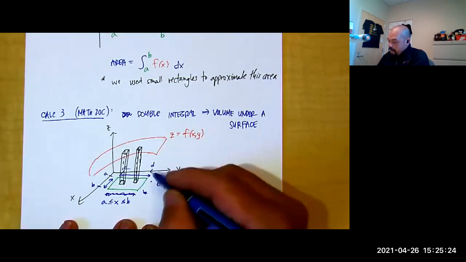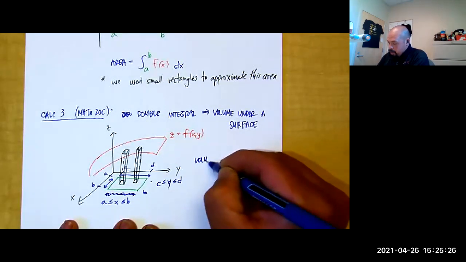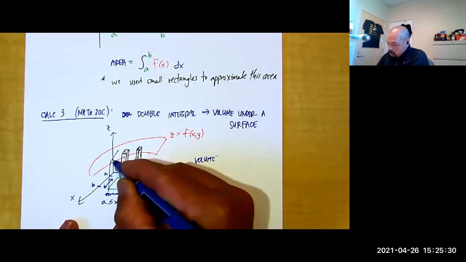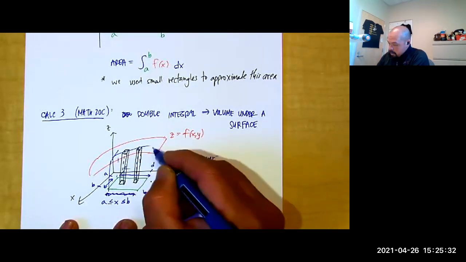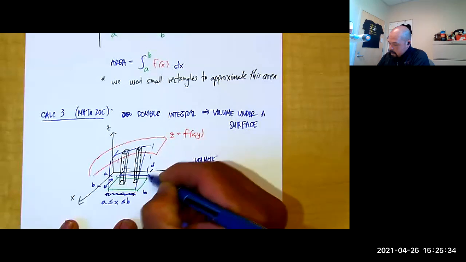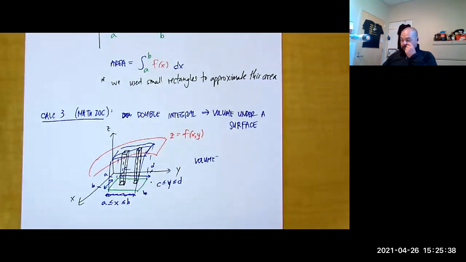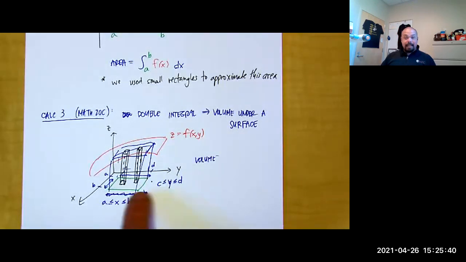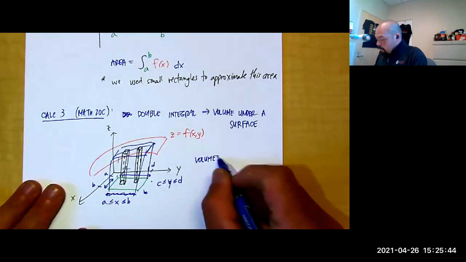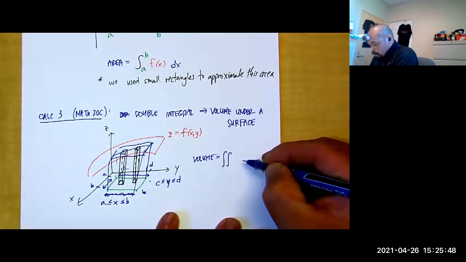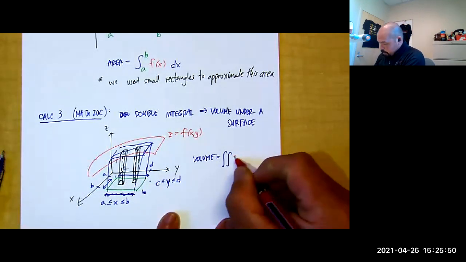So in this case, that total volume, once I start to get below this entire space, filling up that entire region with those little columns, is going to be this double integral of our function,